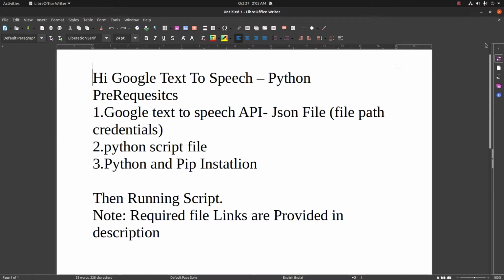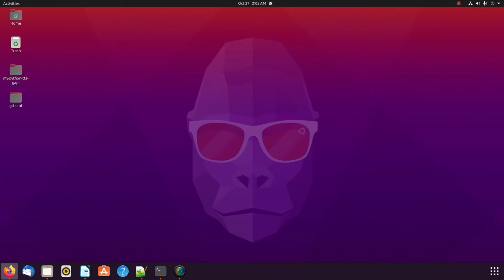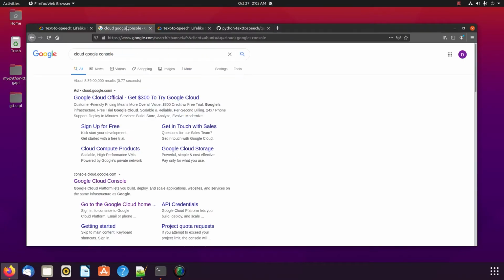Okay, let us start. First, the Google Text to Speech API. Google Text to Speech is based on cloud computing.